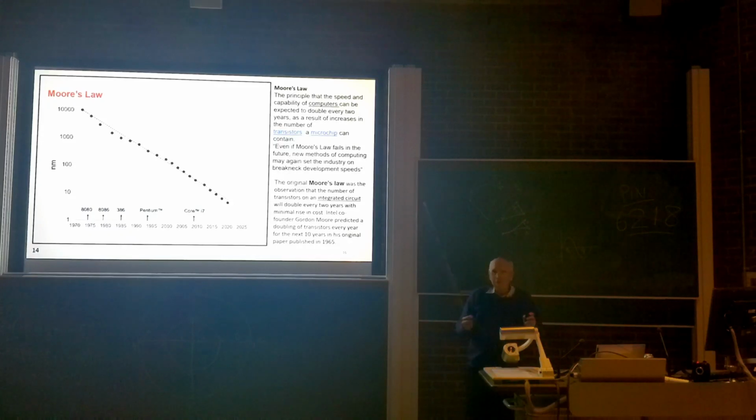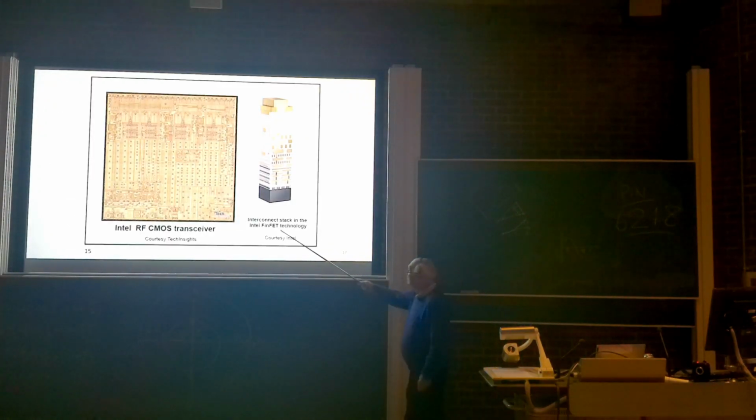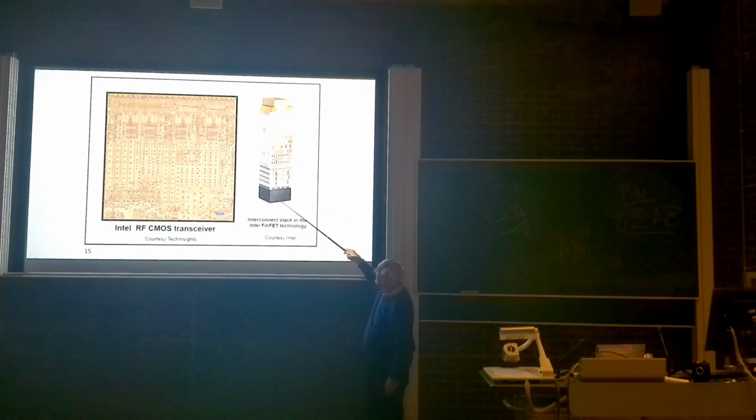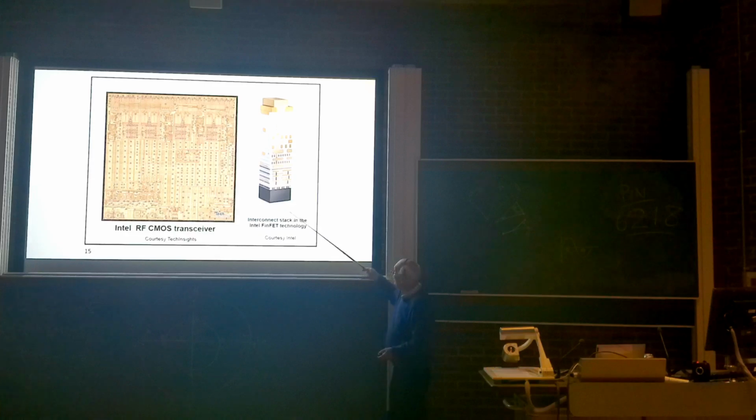Now, the microchip could get bigger in 2 dimensions, or it could get bigger also in 3 dimensions, and we'll see the technology has really advanced on that. Here is a stack, which is interconnect stacked for the Intel FinFET technology. These are stacks, if you like, that have transistors in each part of the stack. So you can actually go up in terms of area on the chip. You're cheating, but it's a very nice cheat.